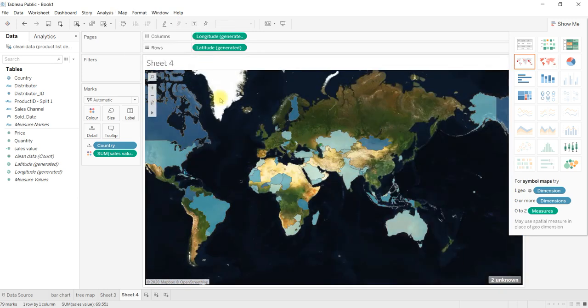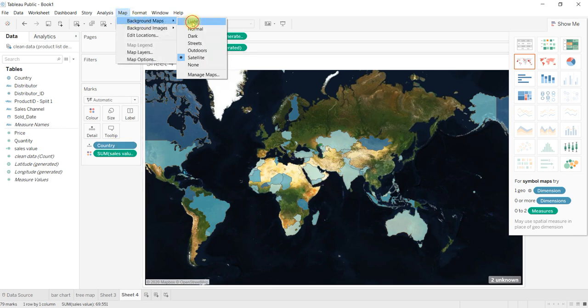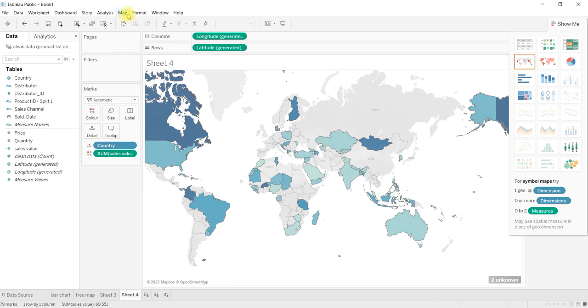Okay, like this you can change it, and the highlighted color depends upon the sales value we have selected here. Like this we can change the map background by using this particular background option in maps. Similarly, we can edit layers, and if you have any images, you can edit the images also. This is the way we can use maps in Tableau, and we can change the format of the map by using this particular option.